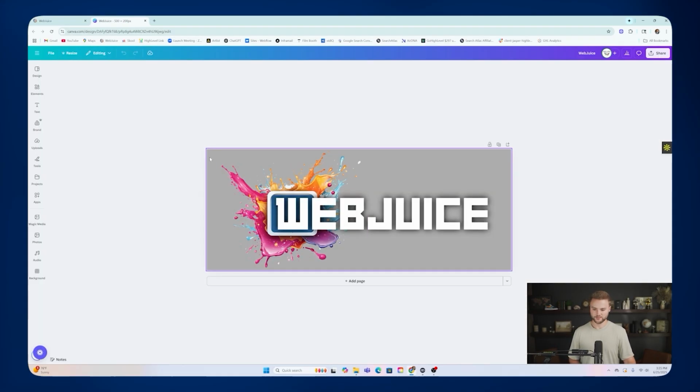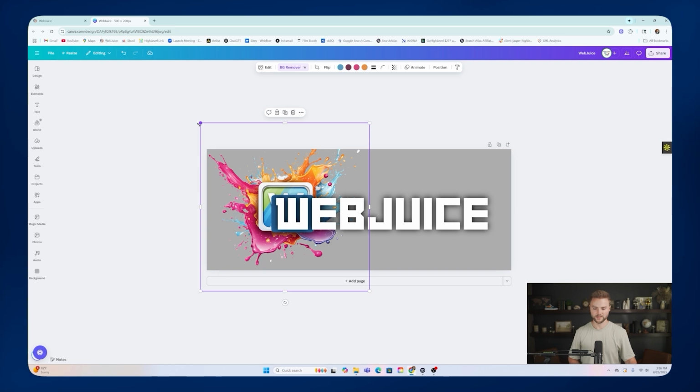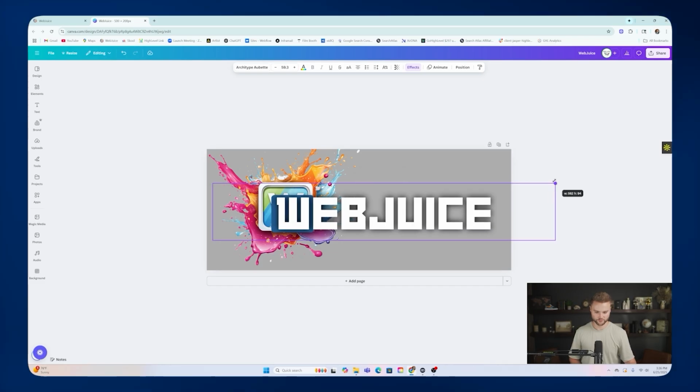Logos are best suited for 500 by 200 pixels, just like this one. You're gonna want something that's long, like a horizontal rectangle, and you're gonna want your logo to fill in as much of this box as possible. I think with the splash right here, this is maybe about as big as mine can get. Well, actually, I'm gonna go even bigger. You want it just to drag to the edges so that the logo looks as big as possible once you bring it into GoHighLevel here, and then make sure any text that you use as well just kind of fills